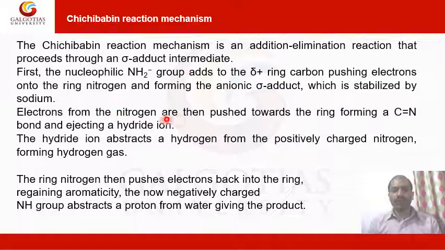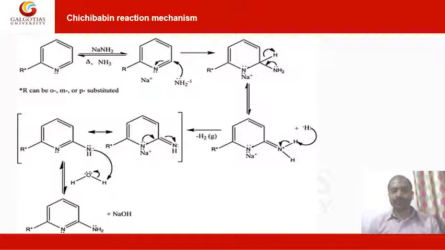The electrons from the nitrogen are pushed towards the ring, forming a carbon-nitrogen double bond and ejecting a hydride ion. The hydride ion abstracts a hydrogen from the positively charged nitrogen, forming hydrogen gas. The ring nitrogen then pushes the electrons back into the ring, regaining aromaticity. The new negatively charged NH group abstracts a proton from the water, giving the product at the end of the reaction. So if you see the reaction mechanism, as I said, the NH2